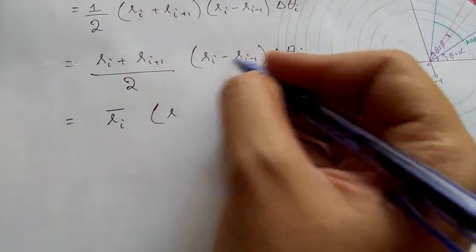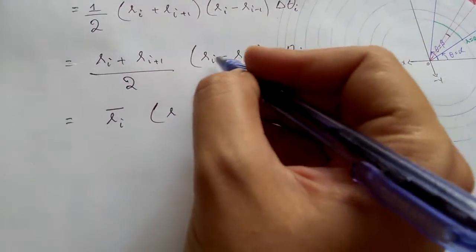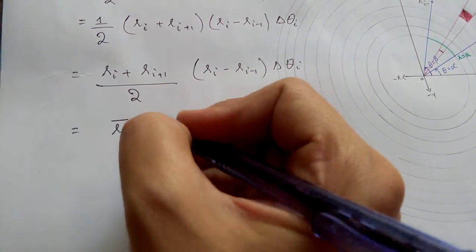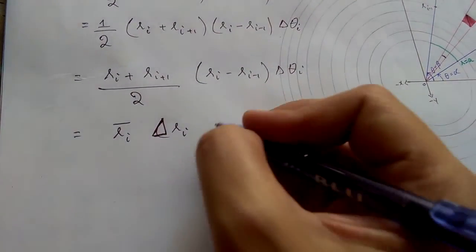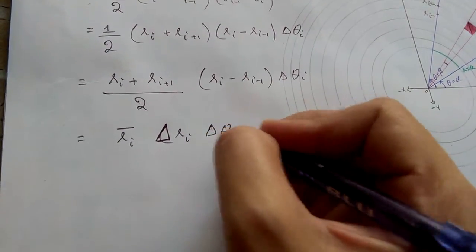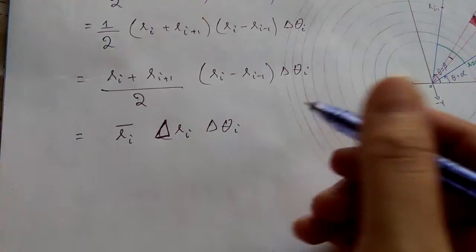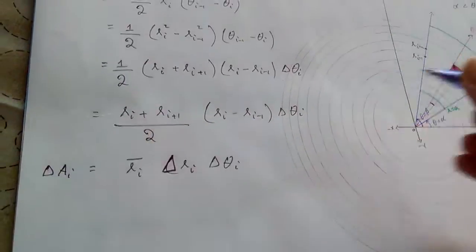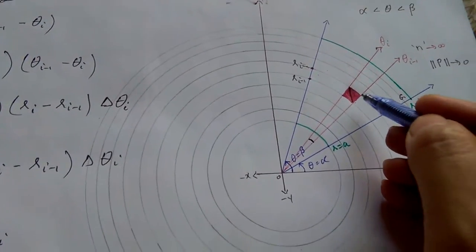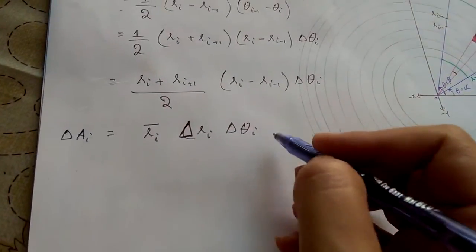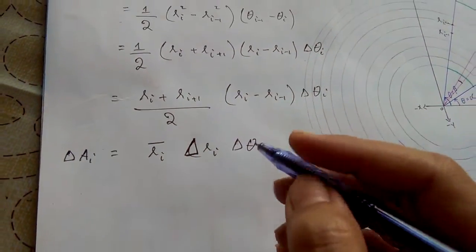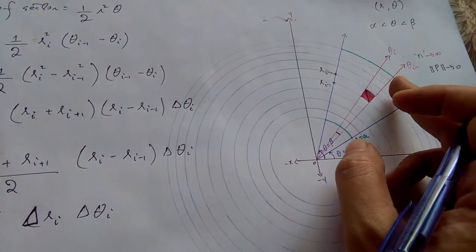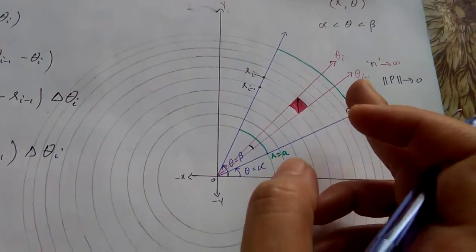And why am I writing this thing again and again, how about if I just write this difference of radii as my del r_i? That's a much better way of writing. So that's how the area of this red portion is determined. Okay, so if you're having an infinite number of such curved rectangular strips,